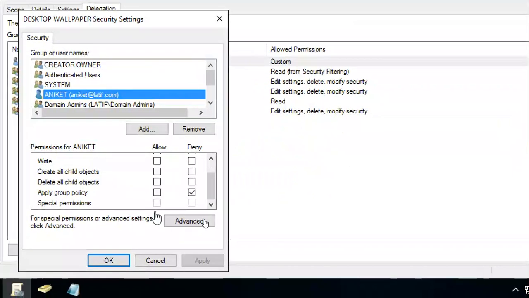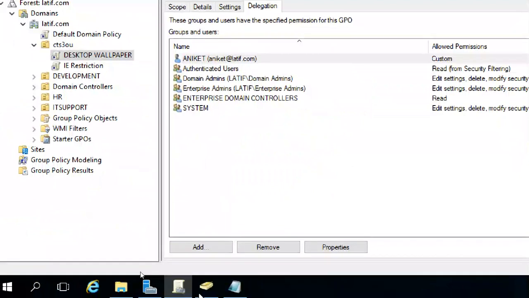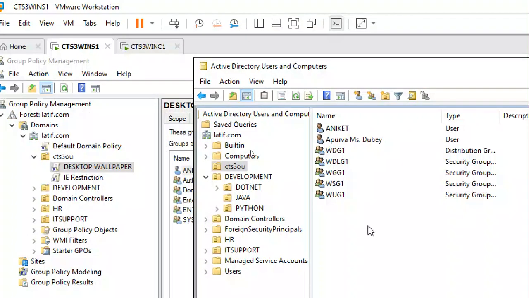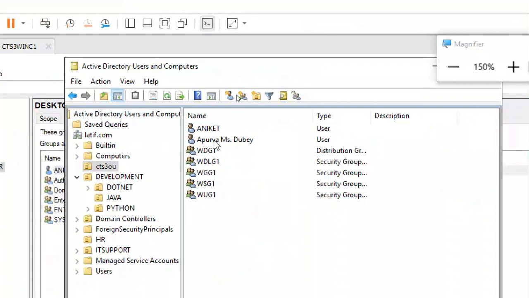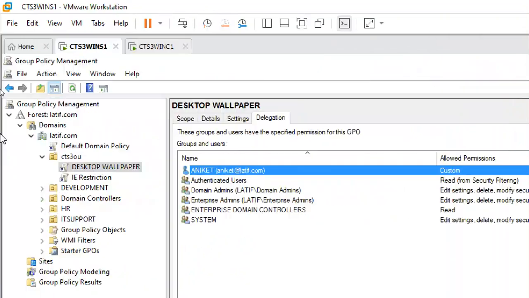So in this OU, whatever users are there, all people will get the policy settings, but Aniket won't get the policy settings. I denied it.